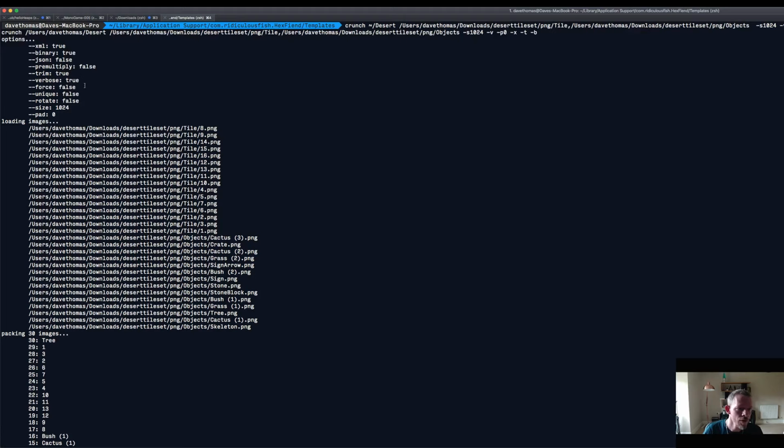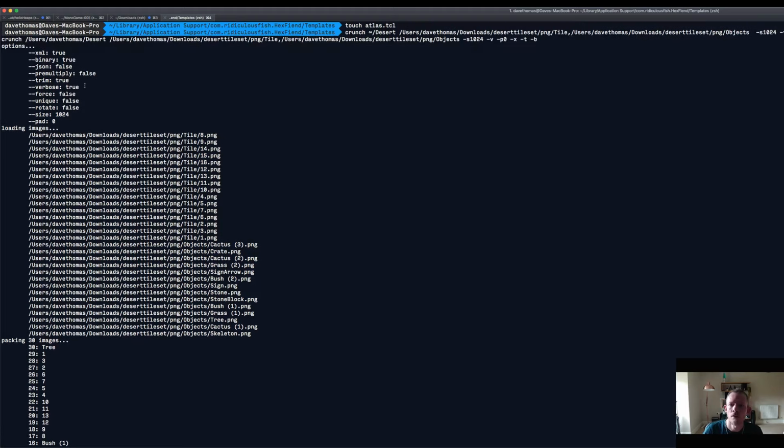Trim force, I can't remember what that T option is. Trim? Trim, yeah, trim. So what trim does is it makes all the images fit together by using the alpha channel to trim off any excess pixels so you can fit more on the screen. So when you run that,